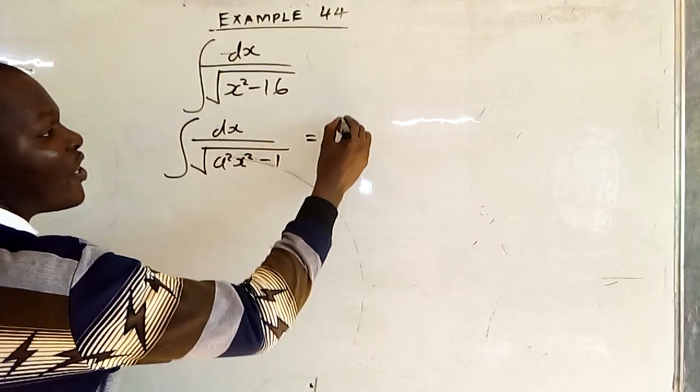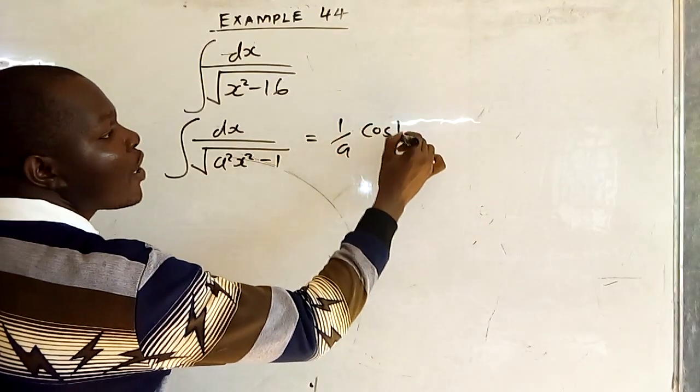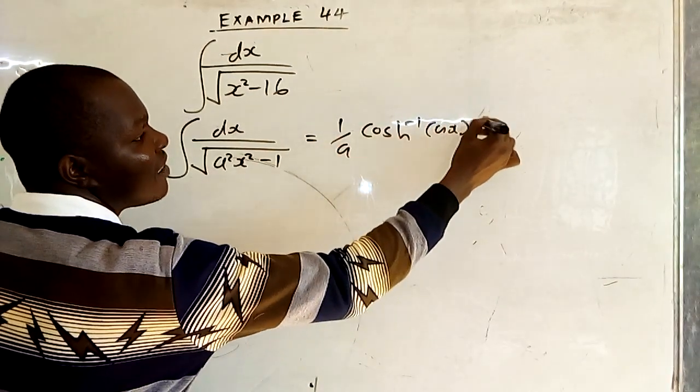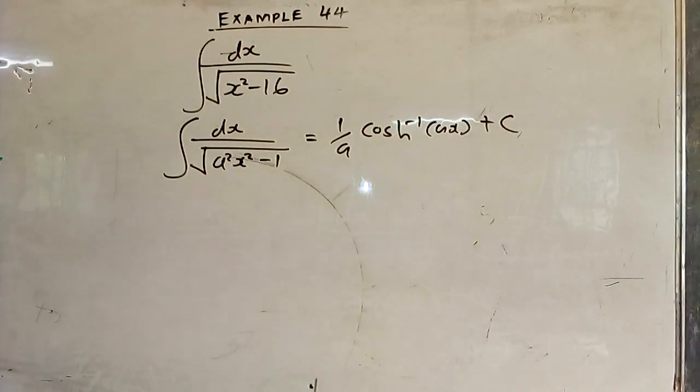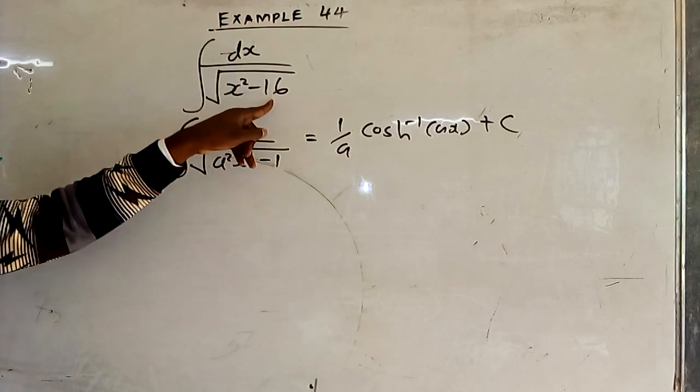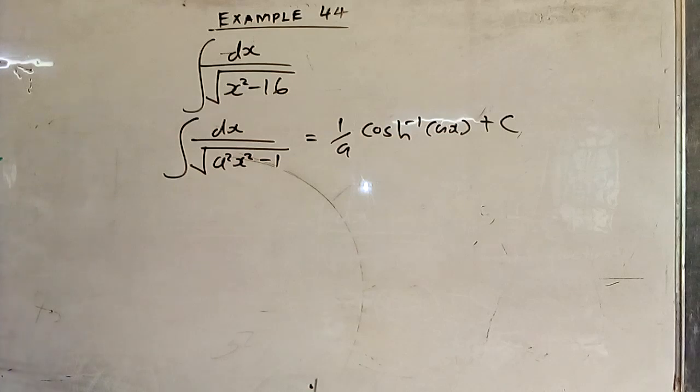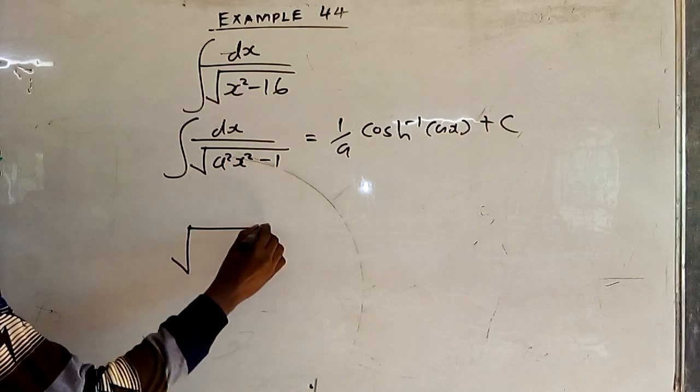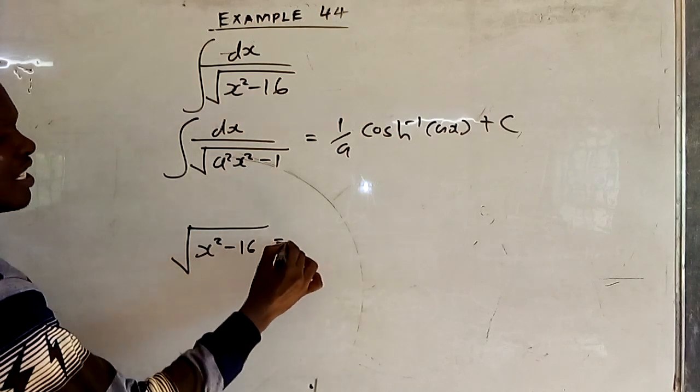What were you getting? You were getting 1 over a cos inverse of x plus c. Meaning this 16 must go to 1, isn't it? That 16 must go to 1. So if you come to your half 1, when you have square root of x squared minus 16, if you